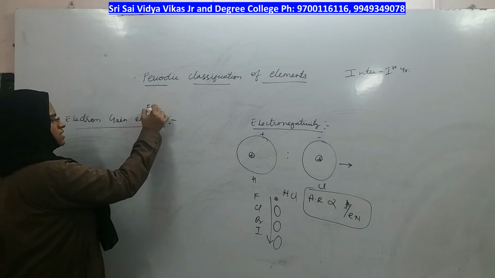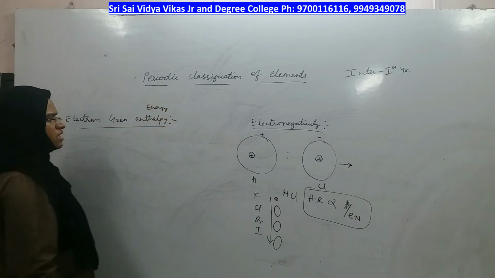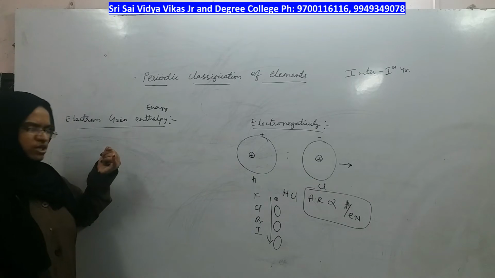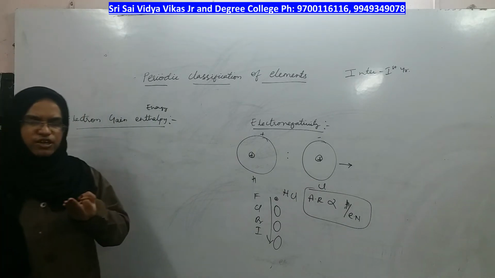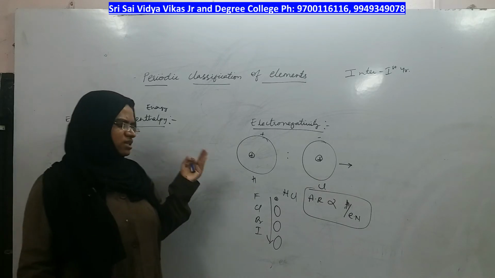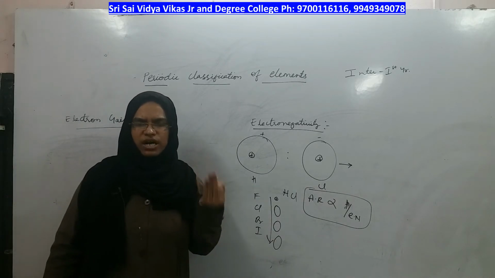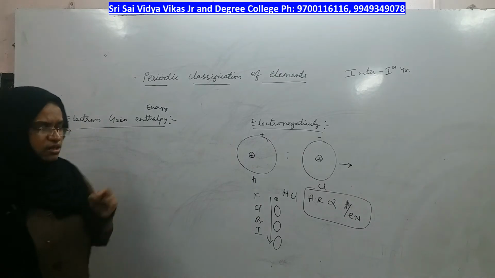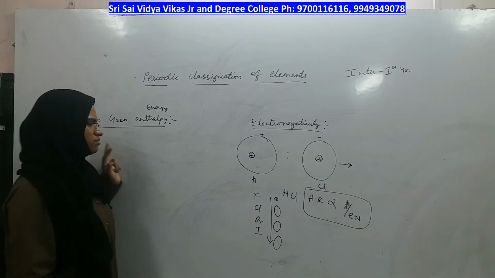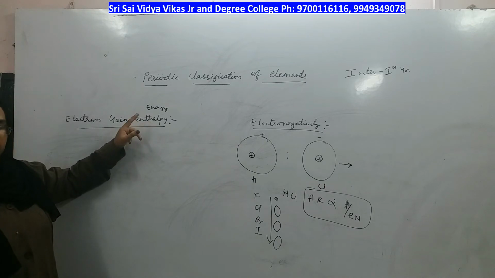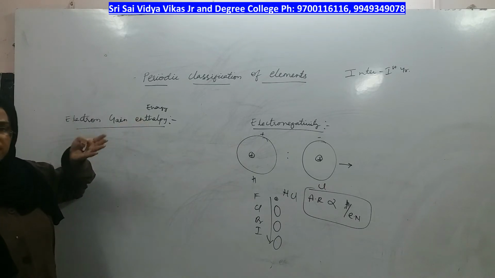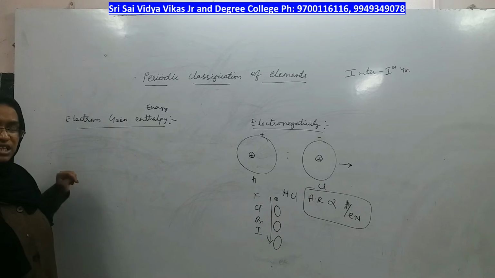Enthalpy means energy, and potential also means energy. You can call it ionization potential or ionization enthalpy or ionization energy, whatever it is, the reason is how much energy you are giving to remove the electron. In this property, it is not about the energy you give. It is about the energy which is liberated by the atom. When will that happen?